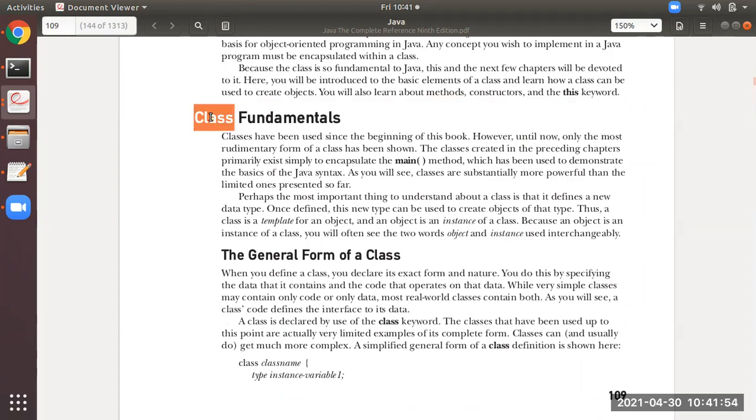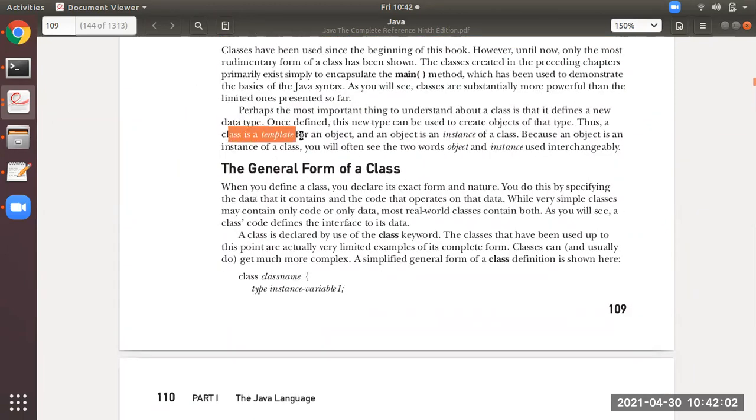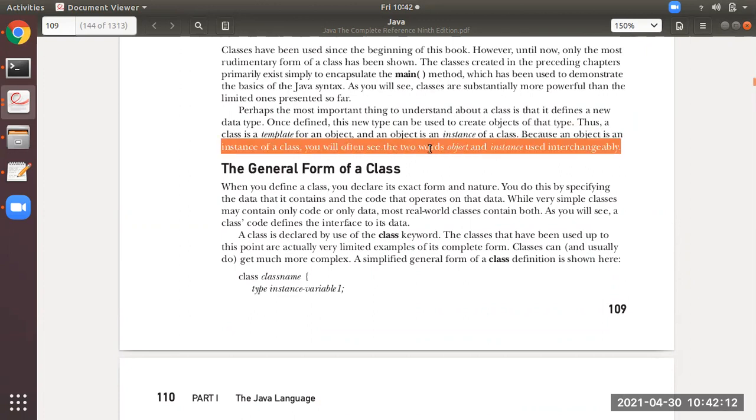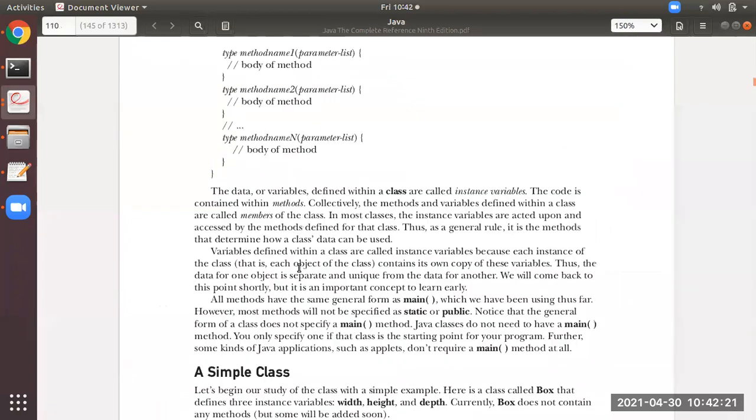Now the fundamentals of a class: a class is a template for an object, and an object is an instance of a class. Remember, this is very important. Because an object is an instance of a class, you will often see the two words, object and instance. I hope you have understood the introduction part.